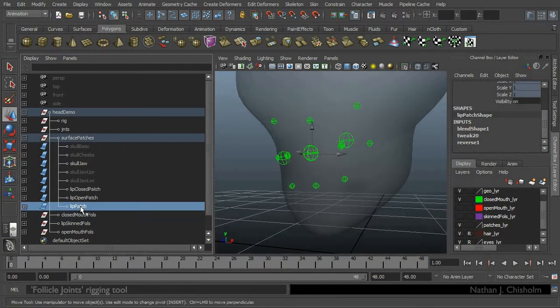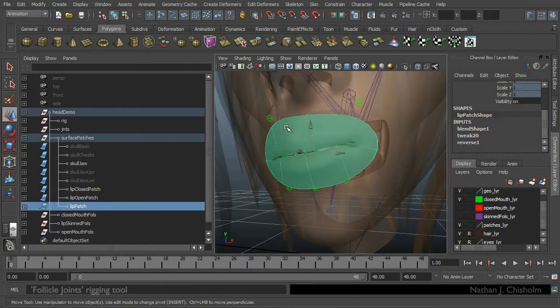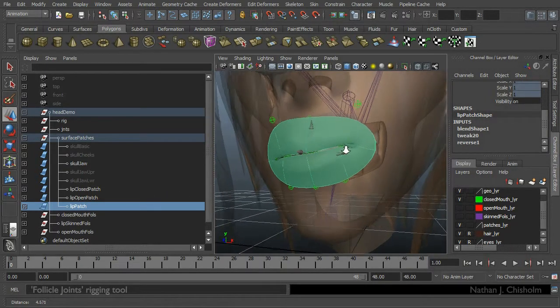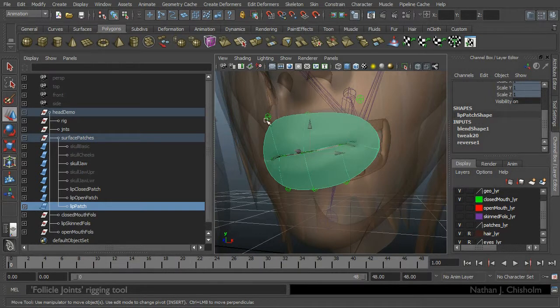This skins this lip patch, which is the amount of CVs to sort of match those joints. And then there's a whole bunch of follicles stuck on that to match the positions of the actual mesh.